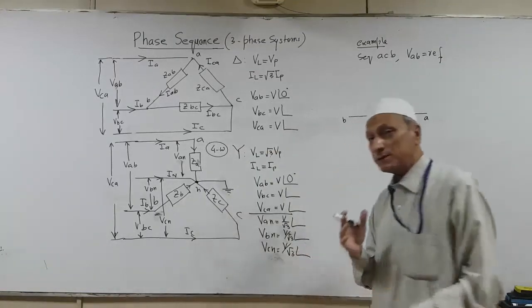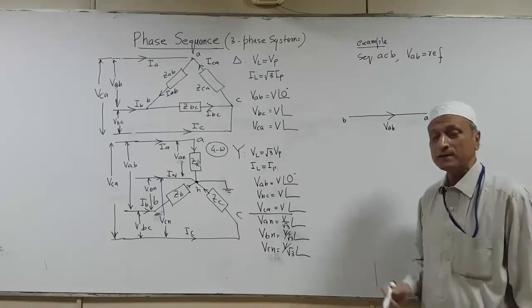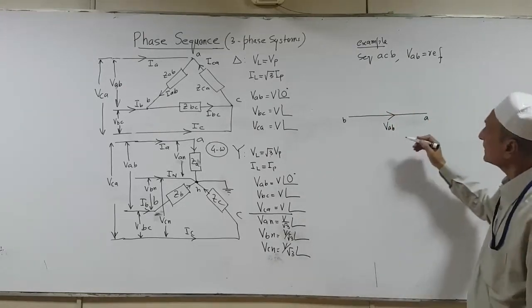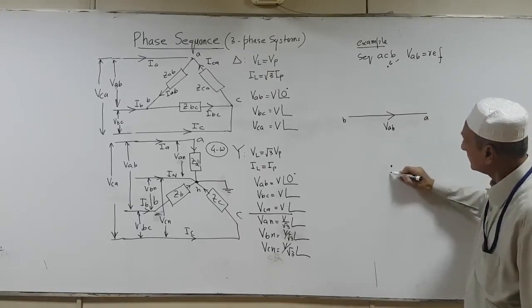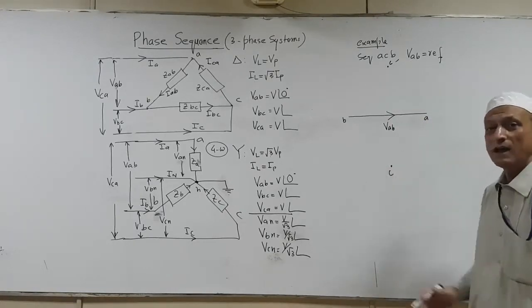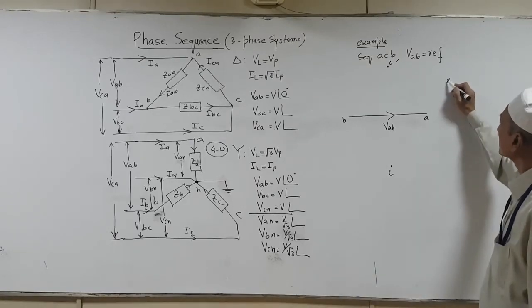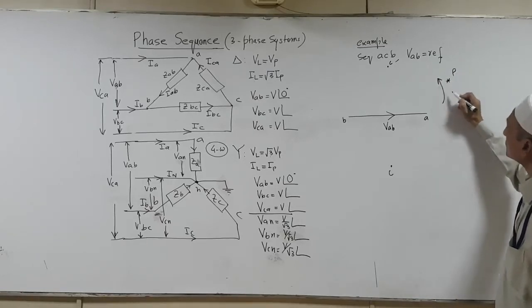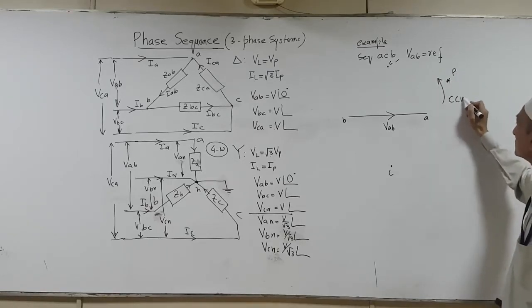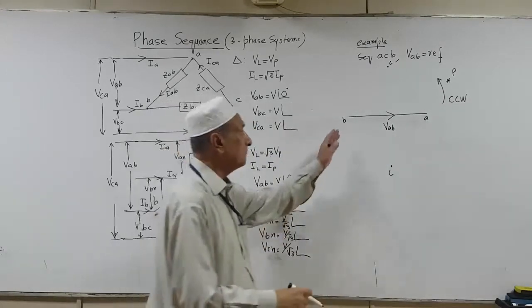Now we have to complete an equilateral triangle to determine the angles for a given phase sequence. The missing point is C, which can be placed either on top or at the bottom of this line AB. Now we have to consider a point P across which these phases must rotate in the counter-clockwise direction. So the first step is completed.